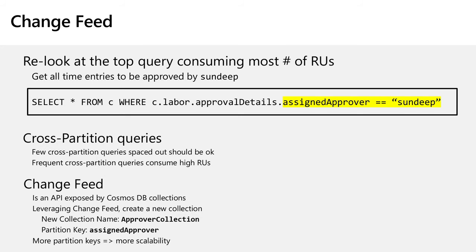We'll talk about storage because we are duplicating data. Do not worry about storage, because storage cost on Azure Cosmos DB is very, very less compared to the compute cost. Okay? And if you're worried about storage, then you can use this feature called TTL, time to live, for a document. If you set that at 1 month, the document gets deleted after 1 month. So that way you can clean up the storage.